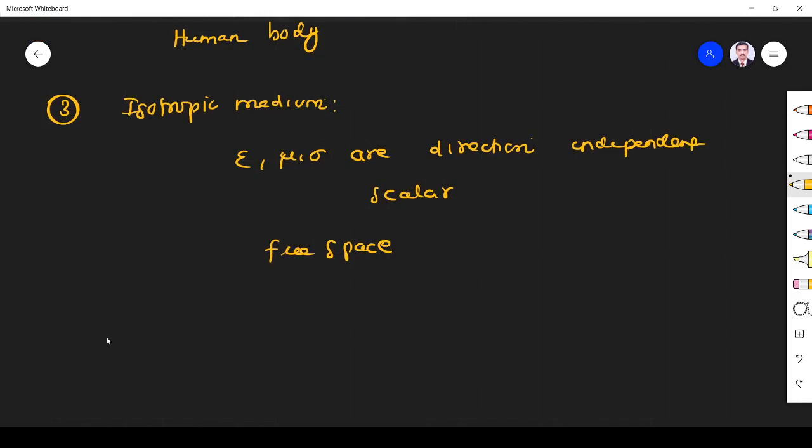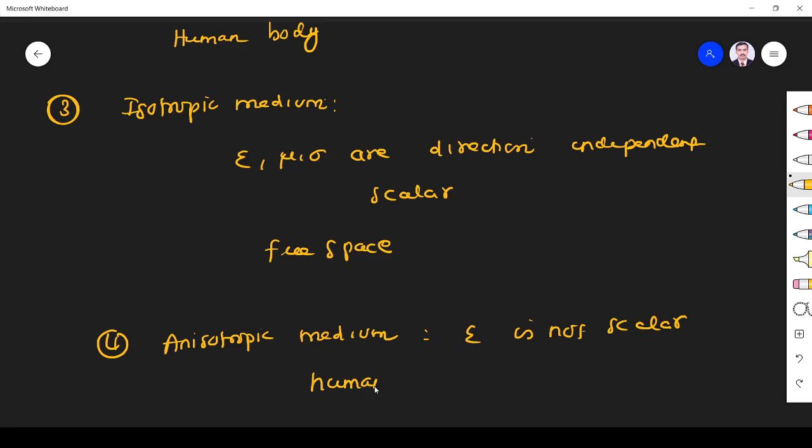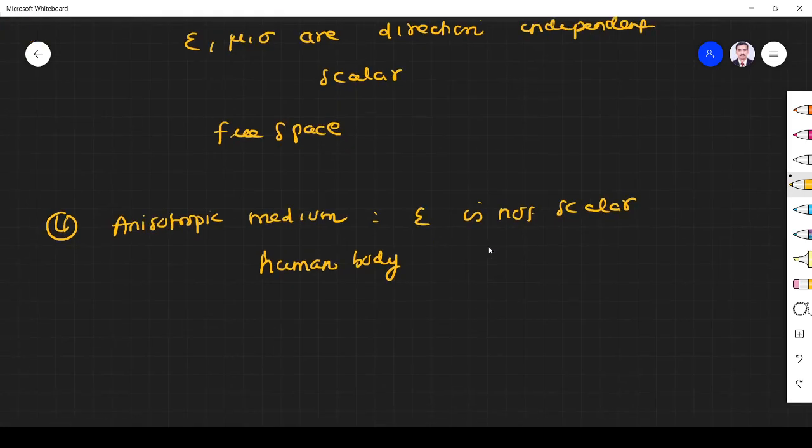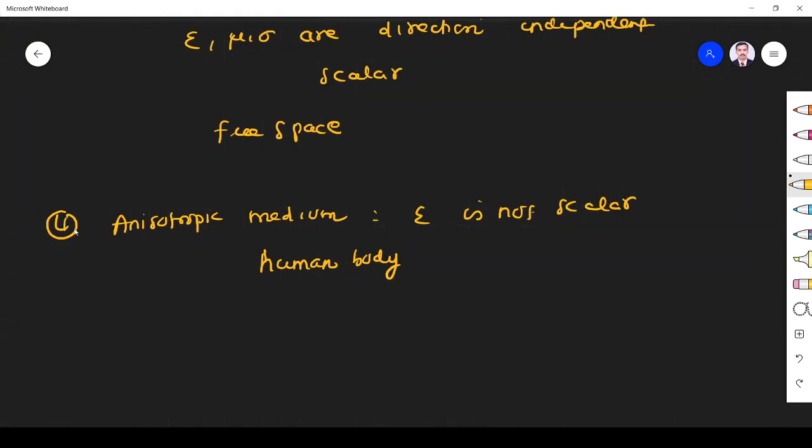So what about fourth, non-isotropic or anisotropic medium? Anisotropic medium is one in which epsilon is not scalar. Epsilon is not a scalar constant, whereas it is a vector, right? So the best example is again human body. In our body, epsilon will vary with direction. It is a vector quantity, right? And fifth one is